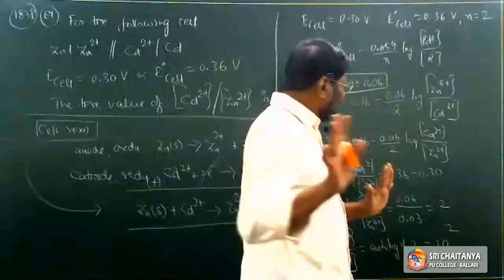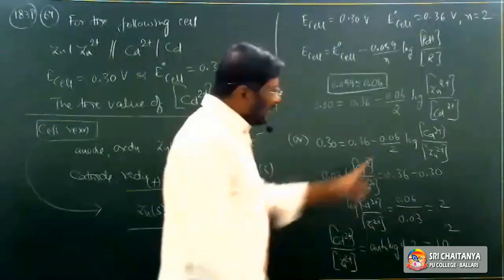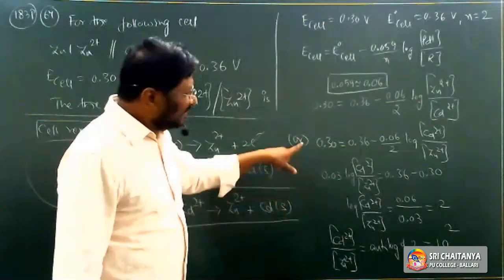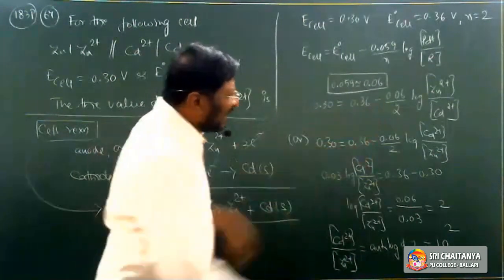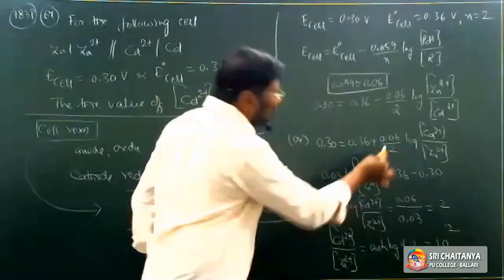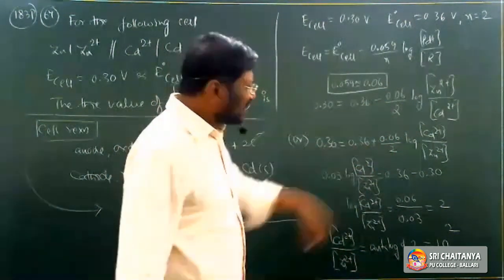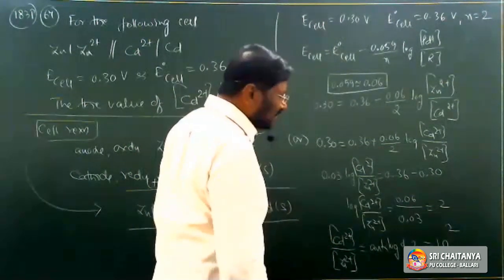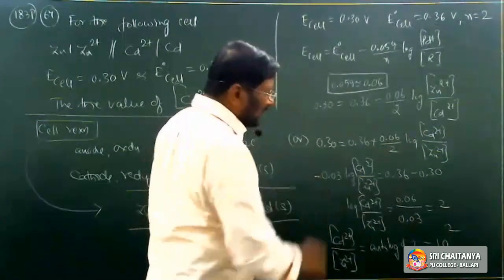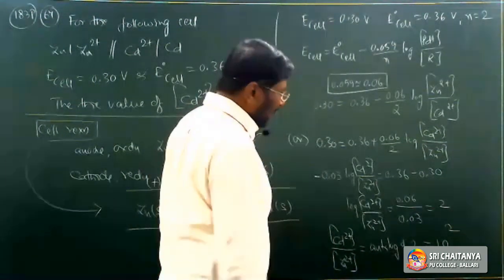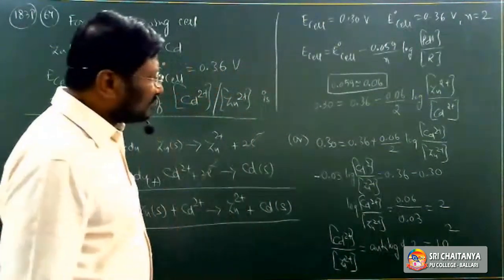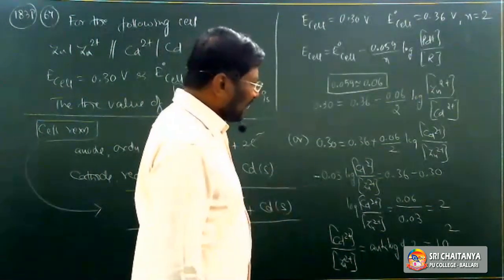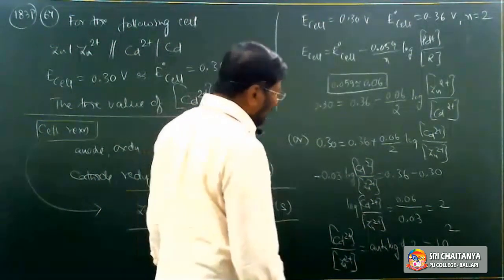Just a minute, please. Yeah, here one small disturbance is there. Have you observed this? R I have written, so still minus I have taken. What should I write? Plus, is it not? Plus I should write. So therefore, it becomes minus. So overall, how much is that? Minus 0.3 minus. Is it not?